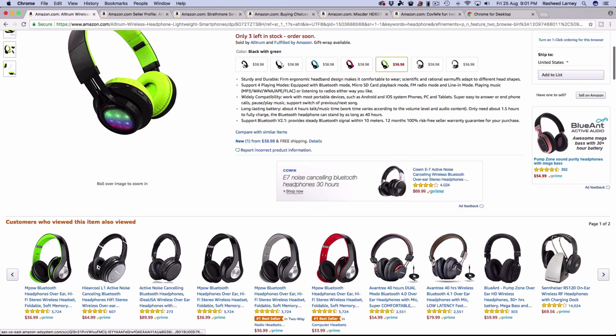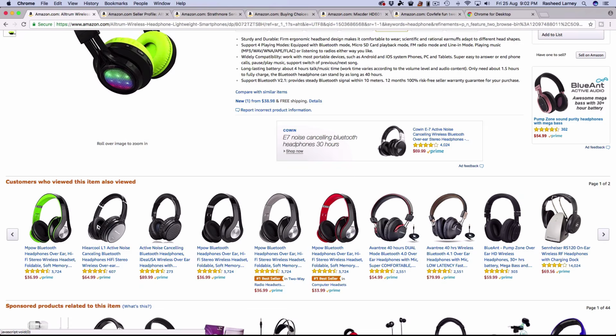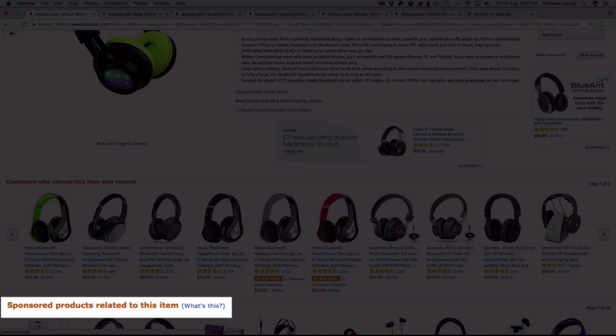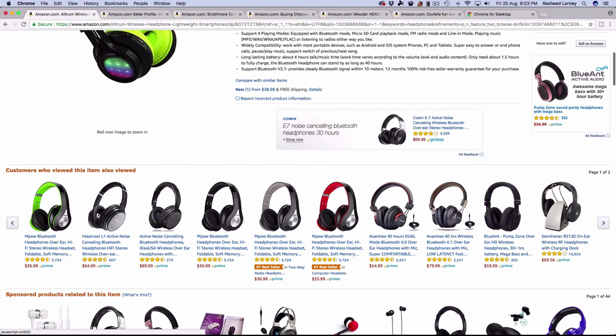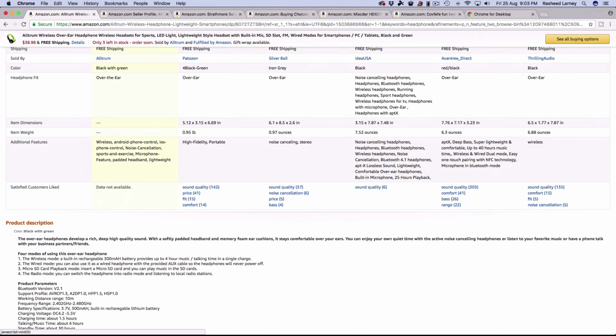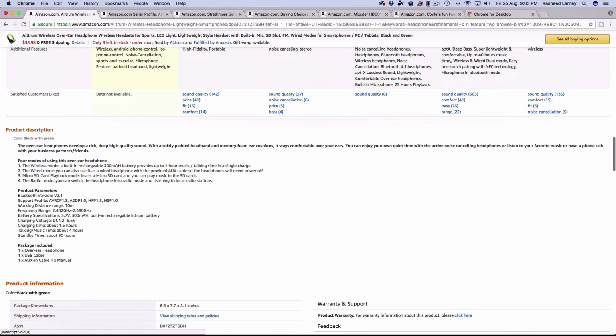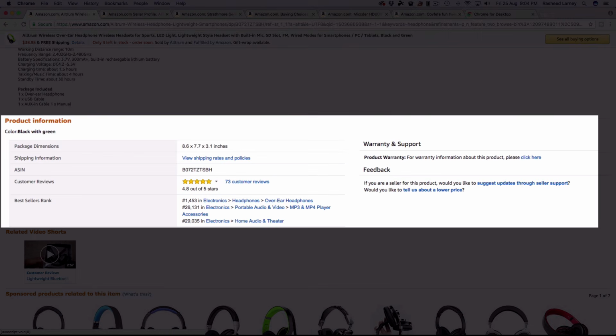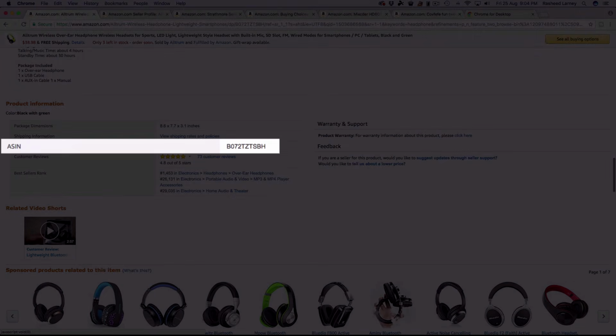If you scroll down, there's a lot more information jumping out at you. So to avoid getting confused, just look at the orange or brown headings to see if you might be interested in that or not. And if not, just scroll down further. I'm going to point out 3 more things that might be useful to you. First, the product information section for dimensions, weights, technical info and warranty info, and also the ASIN number or Amazon